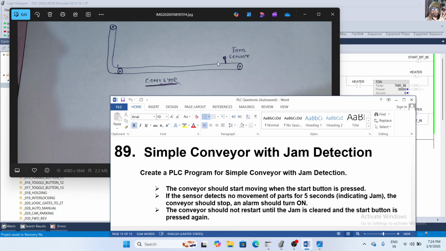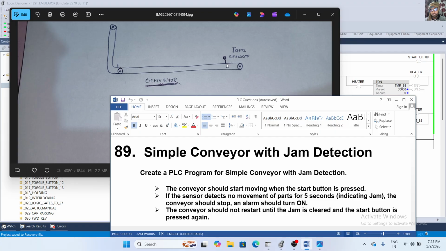If after 5 seconds the sensor detects no material, then the conveyor should stop, and the alarm should turn on.